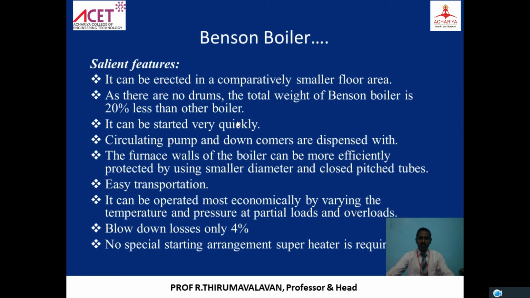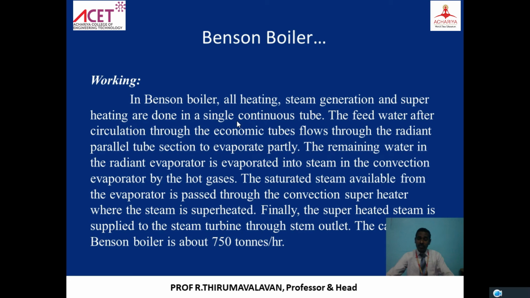So we have seen the Lemon. The disadvantage of Lemon is overcome by the Benson boiler. Benson boilers are high capacity boilers, high pressure boilers. So capacity is around 170 tons per hour. Right? More than that. In the Lemon boiler you can see that one is for 50 tons per hour. But here you can see 750 tons per hour. Capacity will be more, higher capacities. So thermal power stations are using this. High, Neyveli and Ennore, these power plants are using this type of Benson boilers.